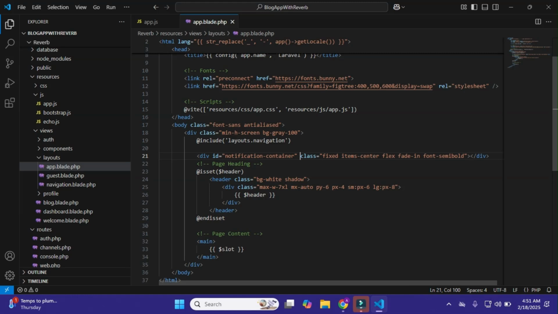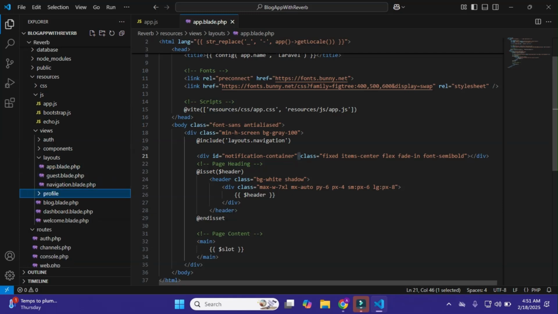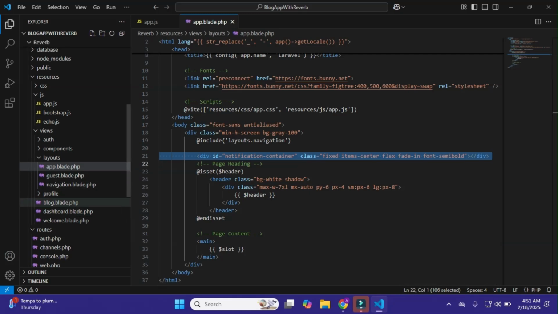And basically what did this notification do? So basically our app.blade.php file is added in all my files, that is dashboard, blogs, profile, view, edit page. Okay, so when I append this in app.js file, it automatically shows notification on all the pages. But when I make this div in just the dashboard page, it will just show notification on the dashboard page, not on all the pages.